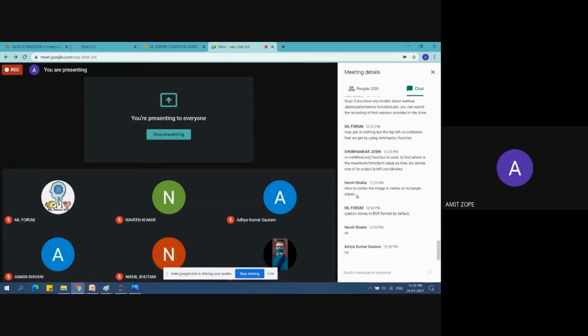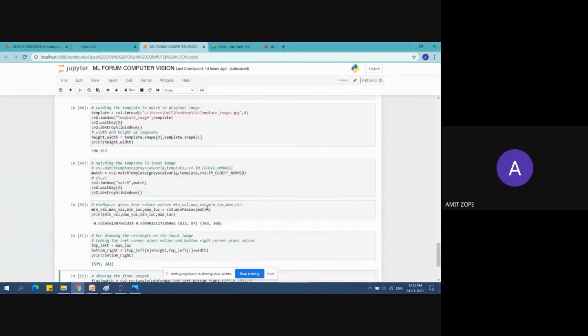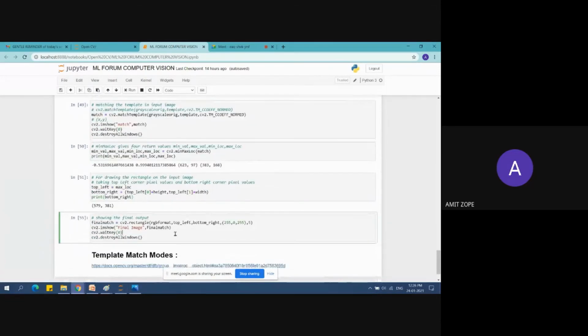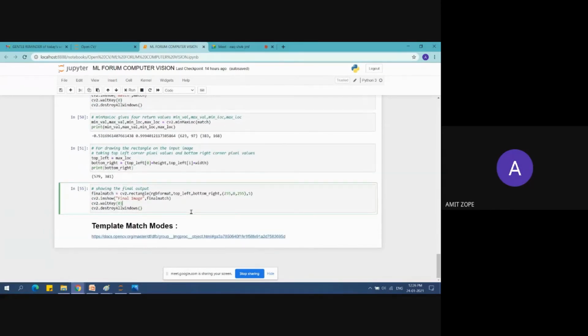So basically this has been done by the method itself, and this method has calculated whatever pixel values are matched. Then according to that, this is the result. If you want to adjust that, then you can adjust the top right and bottom left corner values that had come, and you can have that snail in the middle of the rectangle itself.